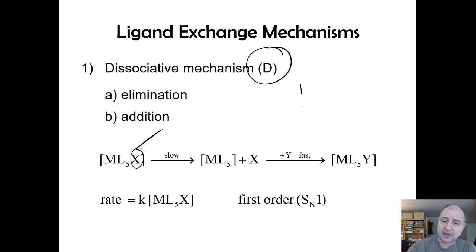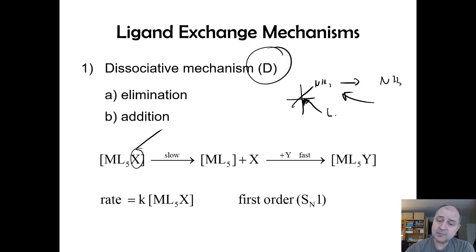A dissociative mechanism means the ligand is removed and the new ligand comes in. An associative mechanism would mean that the incoming ligand attaches first, in this case we call it Y, sorry. So Y comes in and attaches,